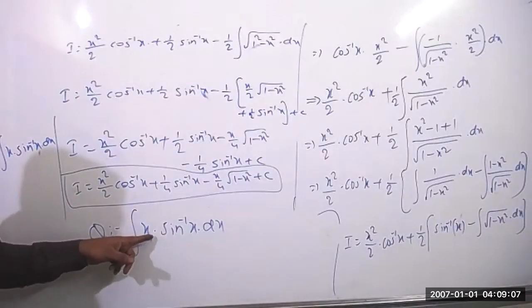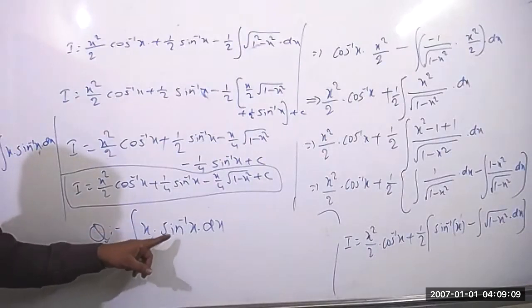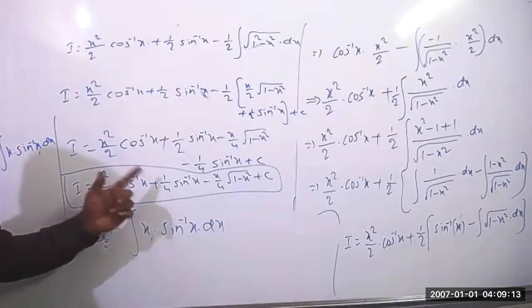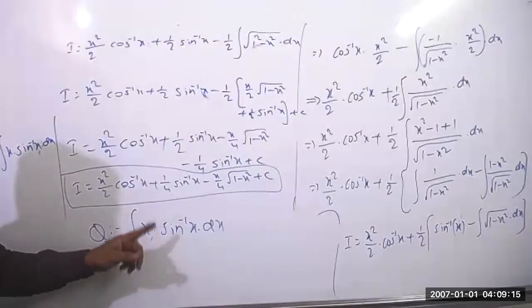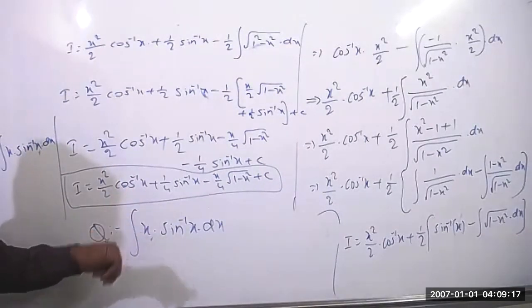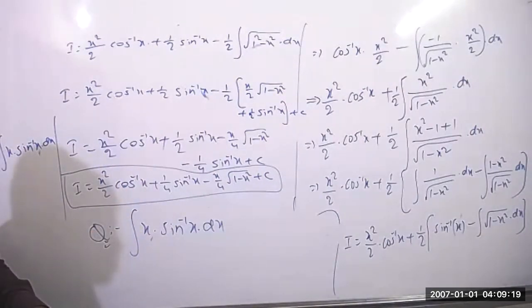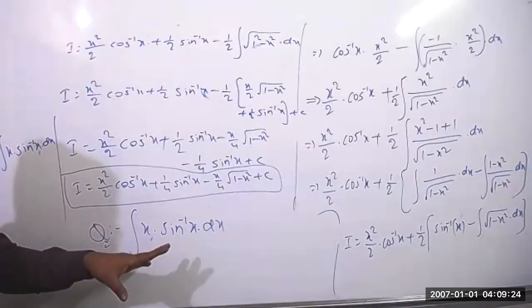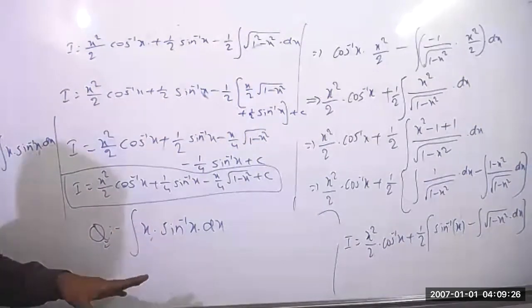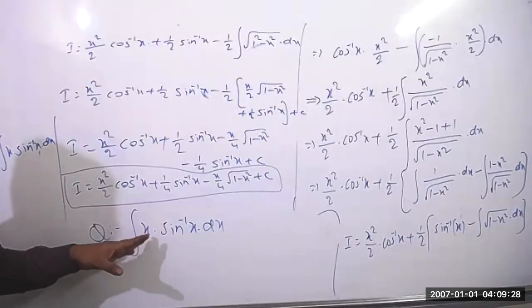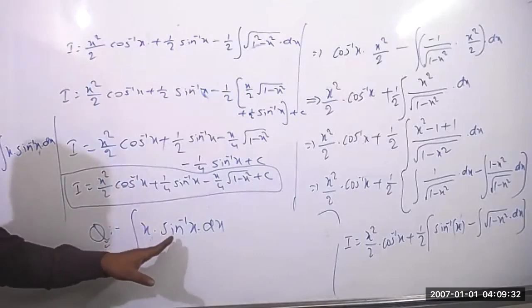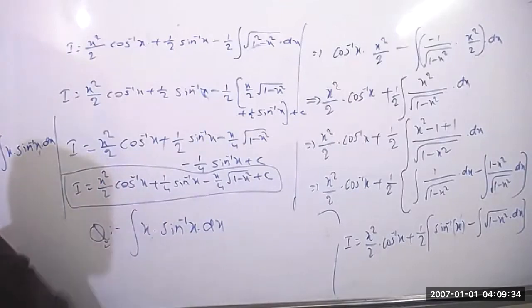This kind of question, whatever we are getting, we can apply the same thing only. This is always f of x, this is g of x: x into cos inverse x, x into sin inverse x, x into tan inverse x, x into cot inverse x. So what are they asking? The variable x you can take as g of x, and the inverse trigonometric function you can take as f of x. Then I can follow the same method.